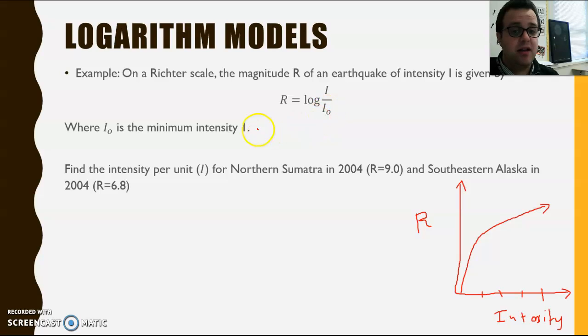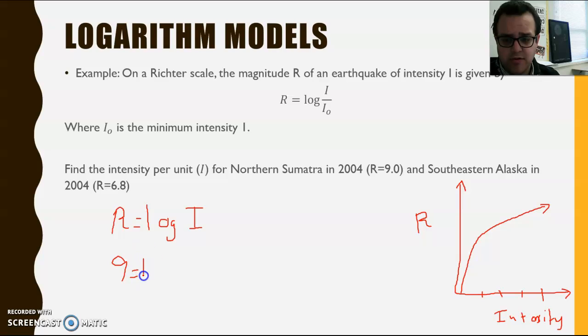What's cool about this one is I have I0 in here. That's the minimum intensity, which is just 1. So really this equation is just to get your Richter score. It's the log base 10 of the intensity. So it's pretty straightforward in terms of what you're doing here. So if I put in 9 here, 9 equals the log of I. If I want to solve for I, I'm going to take 10 to each side, and I'm going to get